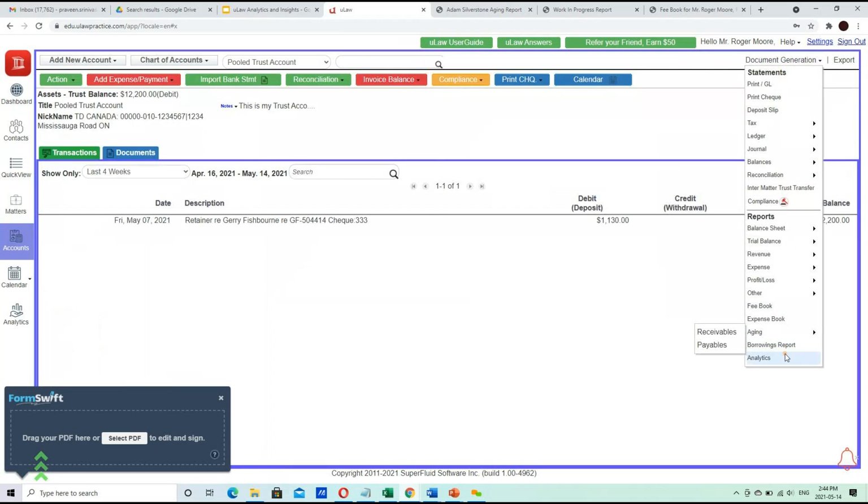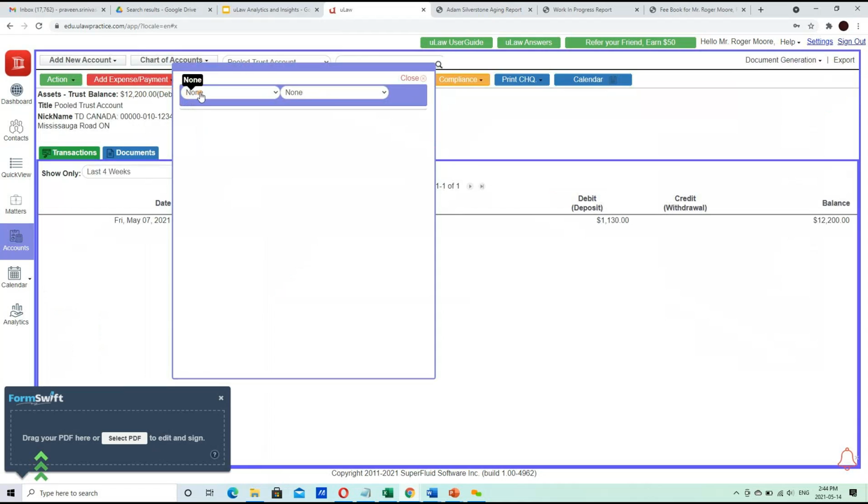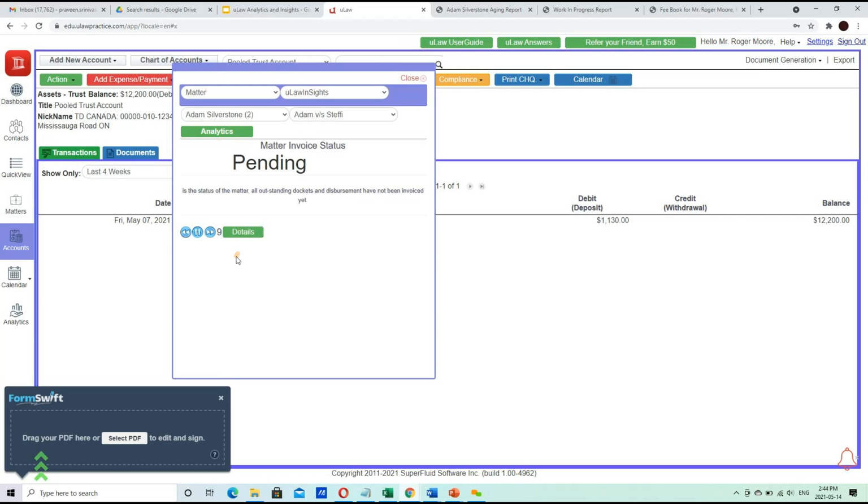So under document generation and analytics, let's look at some of the matter or file-related analytics. So we have the top three. Okay. So it tells you the total invoice amount, any balances,